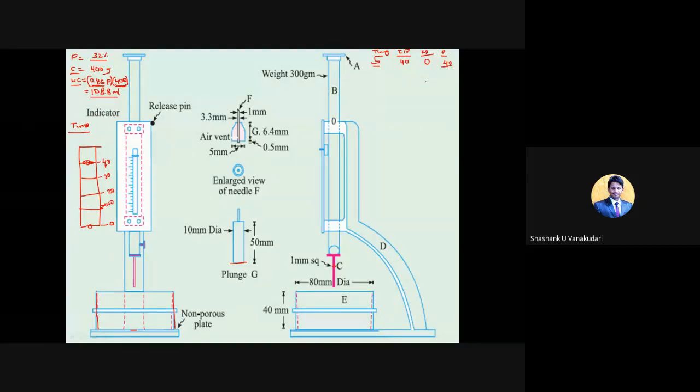So now, however, as the time increases, that cement will get hardened. Clear? For 10 minutes also you may get the same results. For 15 minutes, for every 5 minutes of time interval, you need to note down the initial readings as well as the final readings. When you deduct the final reading from the initial reading, you will get the penetration value. Clear? So like that, you will note down for every 5 minutes time interval.